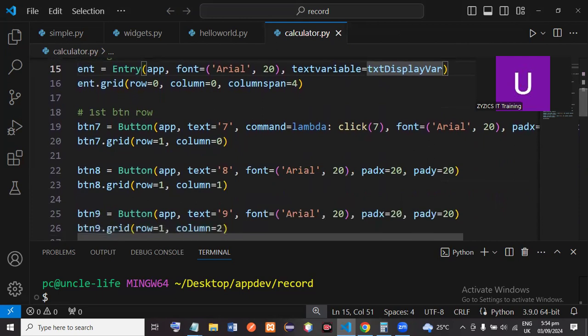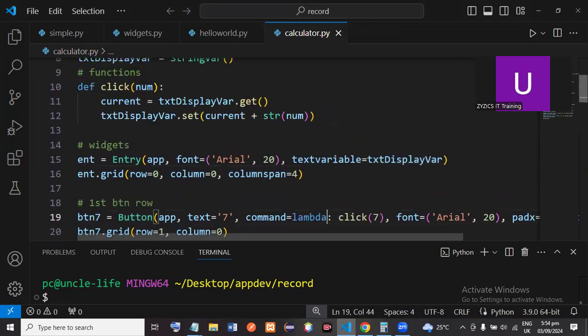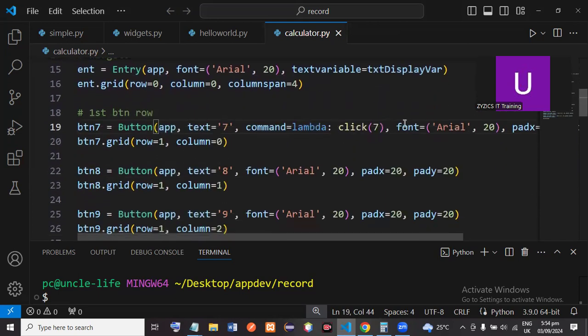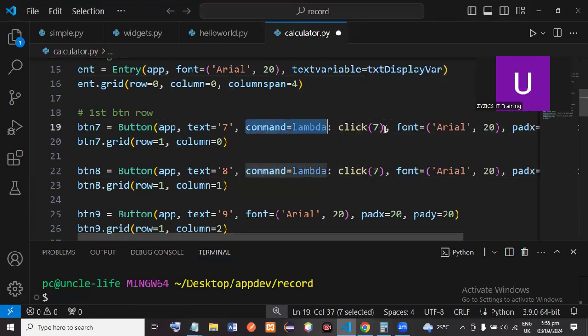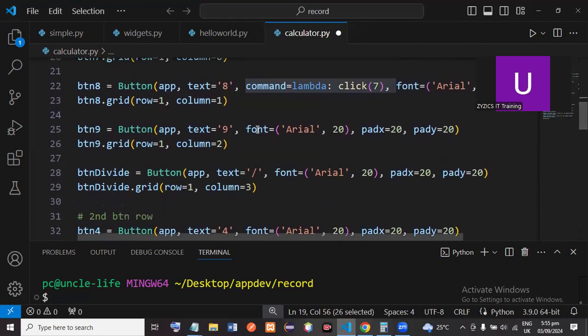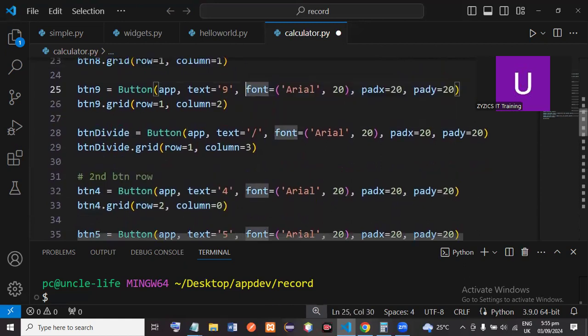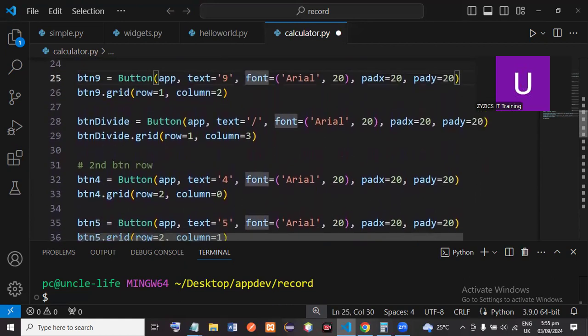So we have a Lambda function with colon, and we click that function with the number, right? So let's just implement that for all of them. Okay, so I can just do it the way I did it before. Copy that. I click first, hold my alternate, leave it while scrolling, hold it again when it's steady, click on the rest of the places,